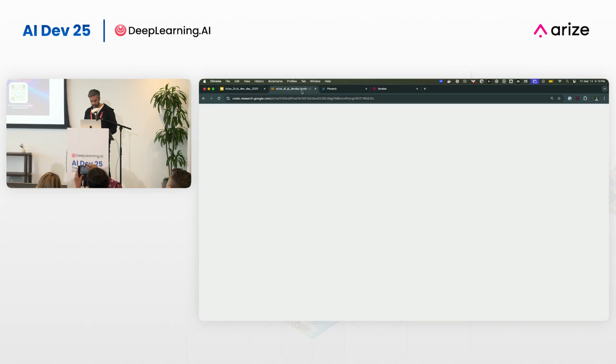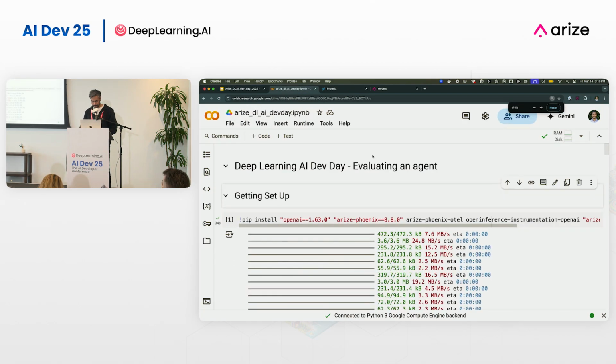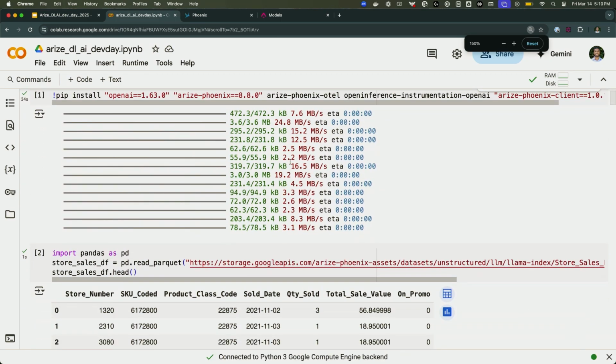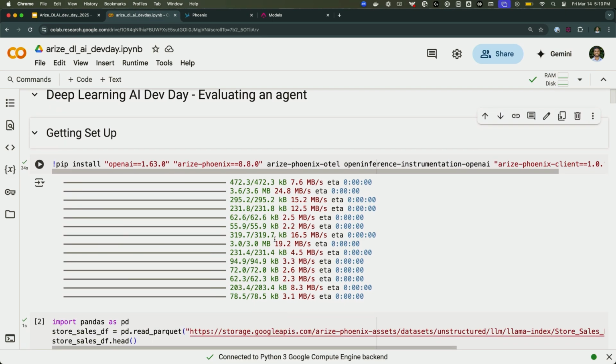I'm going to hop into the notebook, and let me zoom in a little bit. Okay, so this notebook is actually taking lessons 2 and 3 from our deep learning course as well. So if this feels like it's going fast, you can feel free to reference that. But what we're going to do in this first portion of the notebook is actually construct an agent and point it to a set of data that we have.